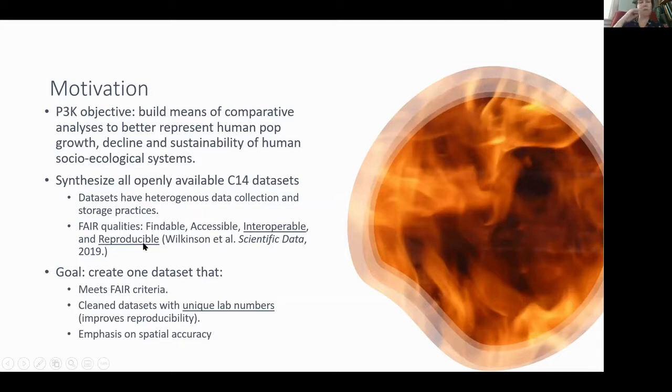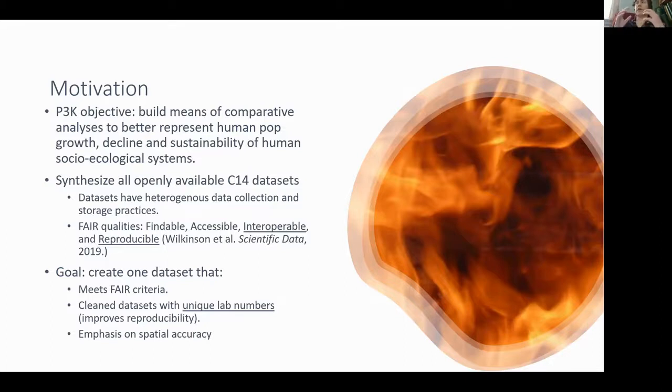Okay, so the motivation behind this project is founded in the People 3000 objective, which is to compare human population dynamics with socioeconomic ecological systems. As a group, we have generally selected radiocarbon as one of the best representatives of human population dynamics in the past. The goal of this project is to synthesize all openly available carbon-14 data sets